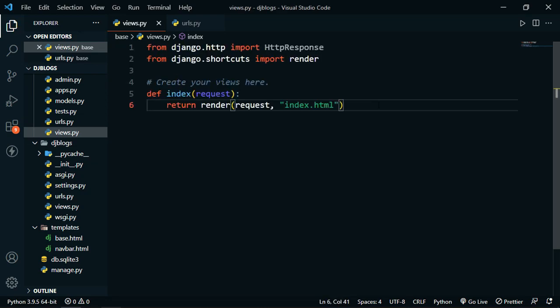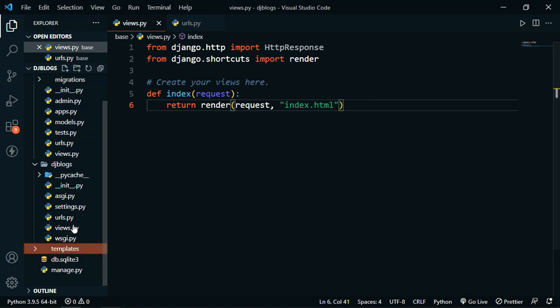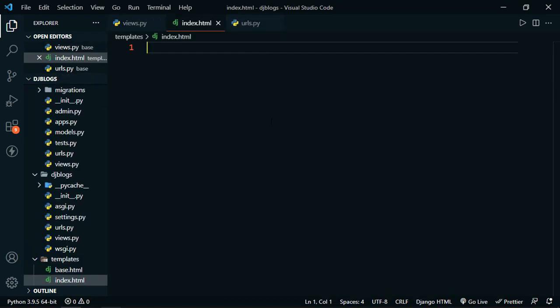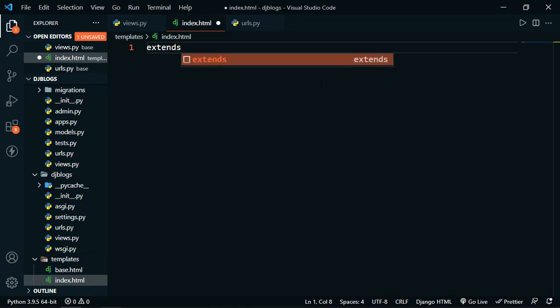Let's save this file and let's create one more file, which is index.html, and if you are on VS Code then type here extends and press the tab key. It will automatically complete the snippet, and I will type here base.html